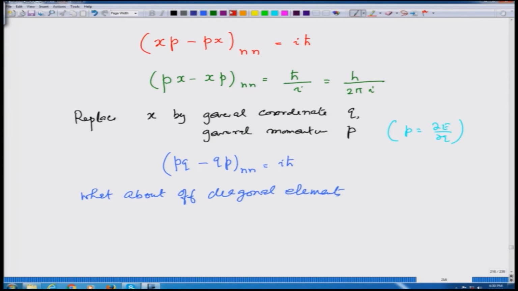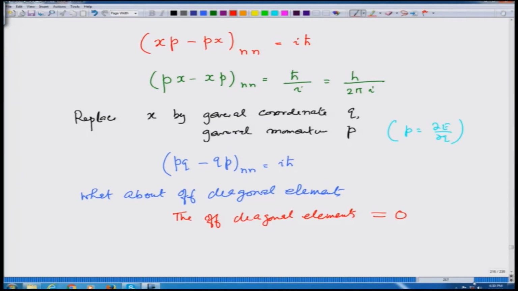Let me give you the answer. The off diagonal elements, and then we will justify it, are equal to 0. That means this matrix is a constant,